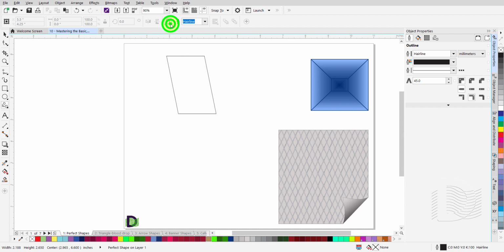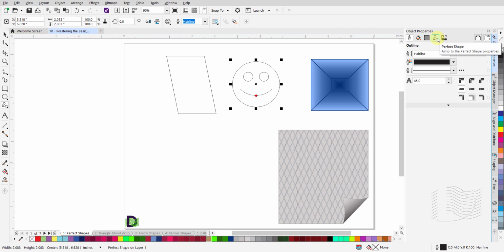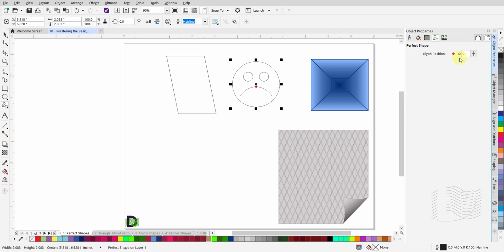From the Perfect Shapes group, click on the smiley face icon to select it. Left-click and hold and drag the mouse to draw the smiley face. Release the mouse button when done. You will see a glyph placed on the curved line that defines the mouth or lips. From the Object Properties docker, under the Perfect Shapes option, move the slider to change the look from a smile to a frown. If you move the slider to increase the value of X to 100, you will create a drooping lip.